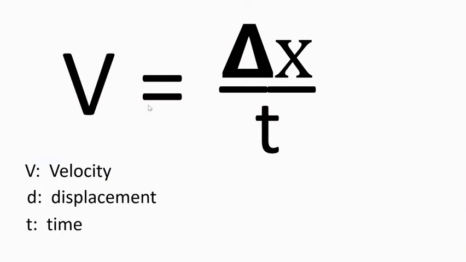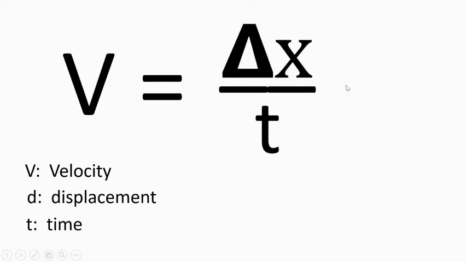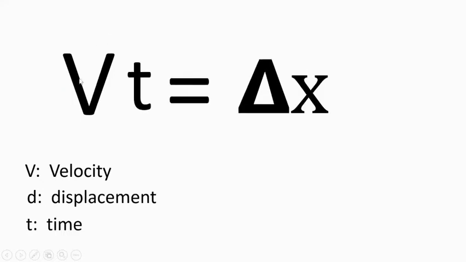Why does this work? Well, remember the equation, velocity is equal to displacement divided by time. So that's the equation to find velocity, but let's say we're trying to find displacement instead. What would we do? We would have to multiply each side by t to remove the t from the right side. And when you do that, the t would come over here to the left side. You would get the equation that displacement is equal to velocity times time,